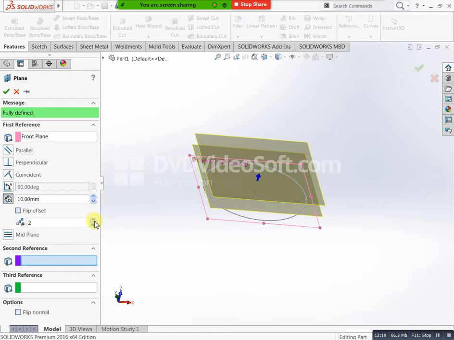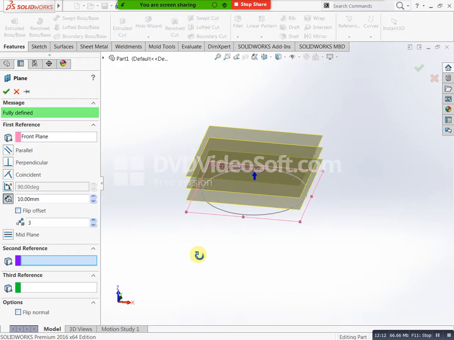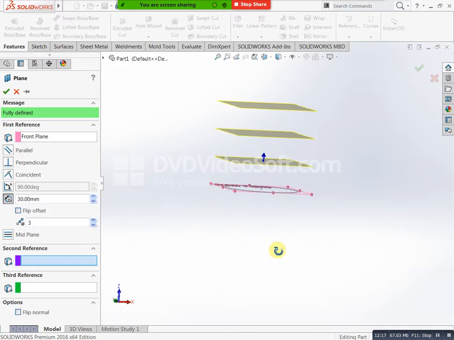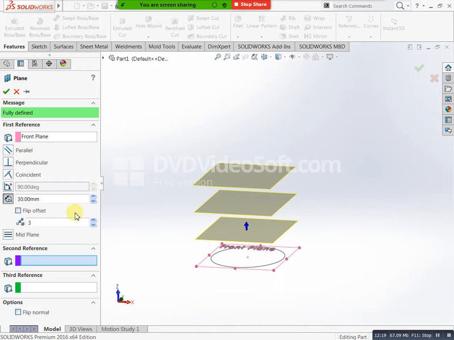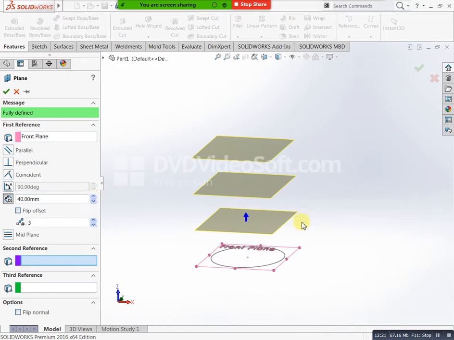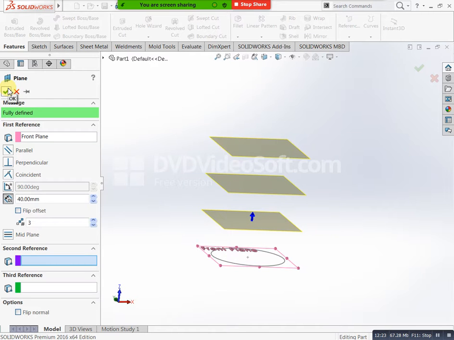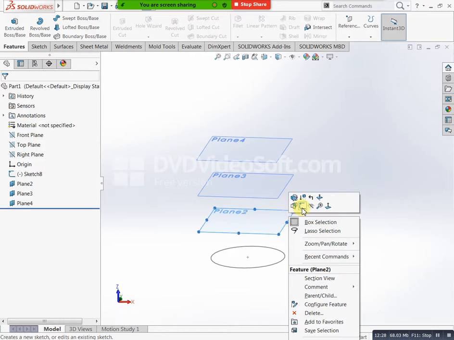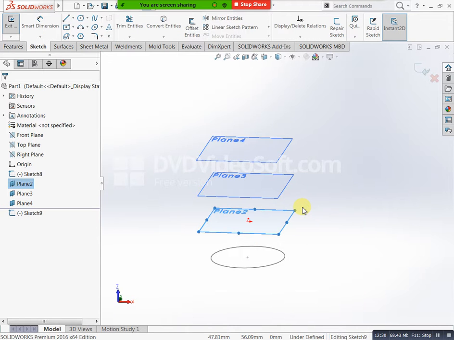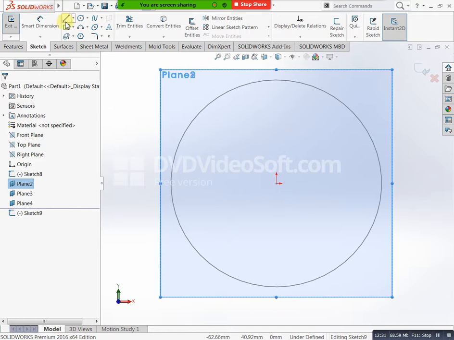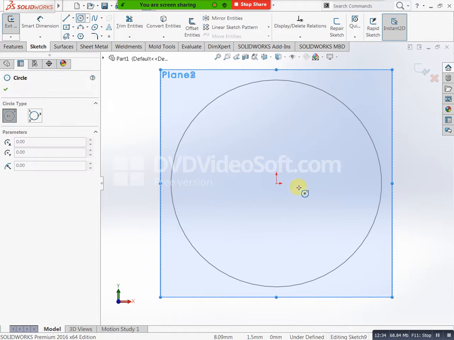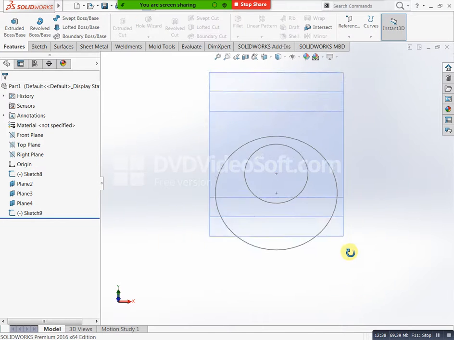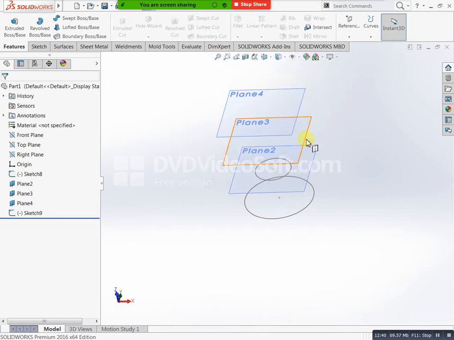Now you can select this one, sketch, control it. Here I need one more circle. Now you can do loft boss or base.